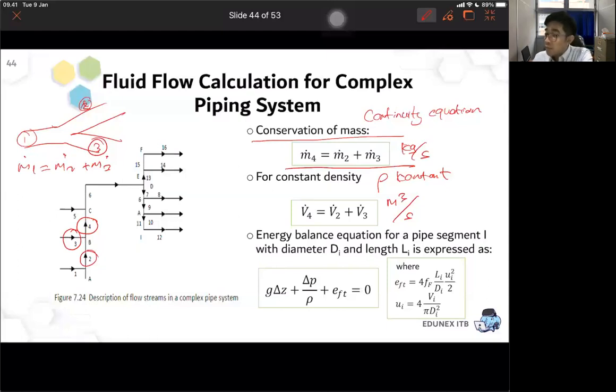Okay, and the energy balance is Bernoulli, right? Energy balance equation, if you have pipe segment I with the diameter of the I, same diameters, and length of I, so the total energy from one point to the other point will be the same, right? If the pipe has constant diameters, what will be the effect? If you have a constant flow rate, and D is also constant,